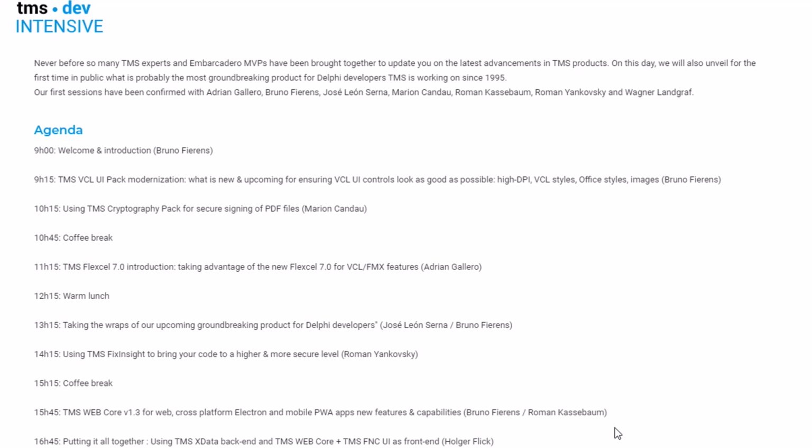So let's have a look at the agenda of the second day. After a welcome, you'll learn about TMS VCL UI pack. VCL has been a little bit in the background recently, but now we're starting up to focus on the VCL again, especially as high DPI VCL styles, office styles, and superior image support based on the new technologies introduced into the VCL have been included in the TMS VCL UI pack as well.